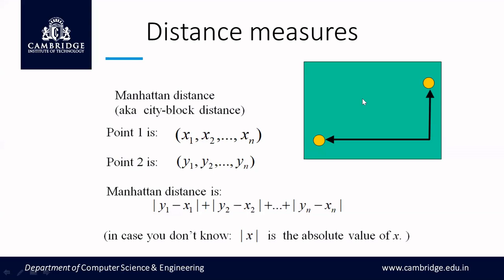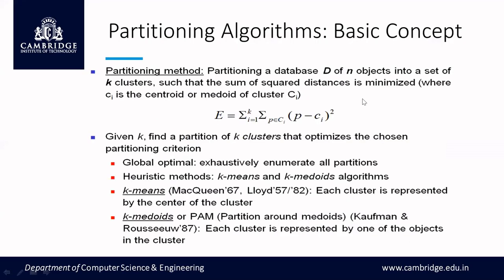Yeah. So next we'll see the algorithm. What is the algorithm for partitioning? The method we are using is called the partitioning method. Assume that you have a data set or database, say D, which has n objects in it. Our objective is to group these n objects into k clusters. K can take any value from 1 to n.